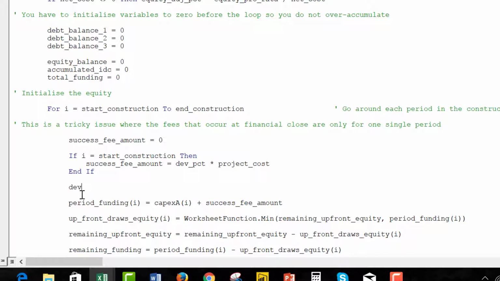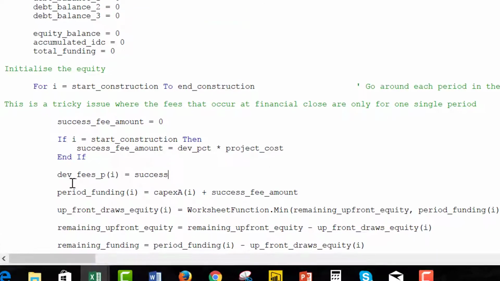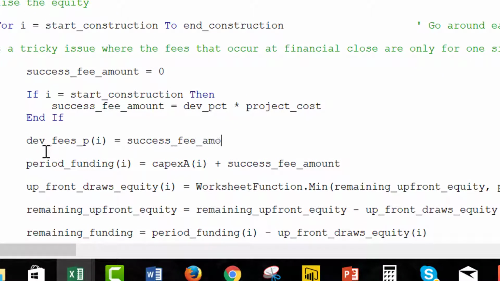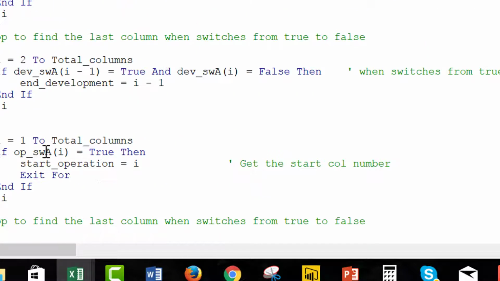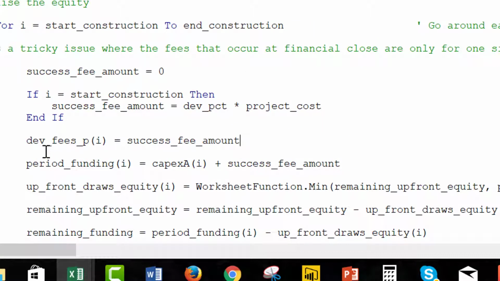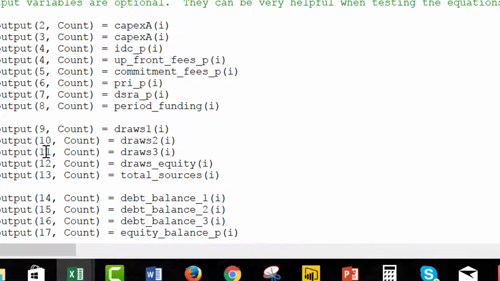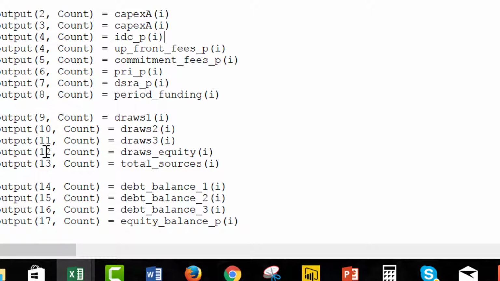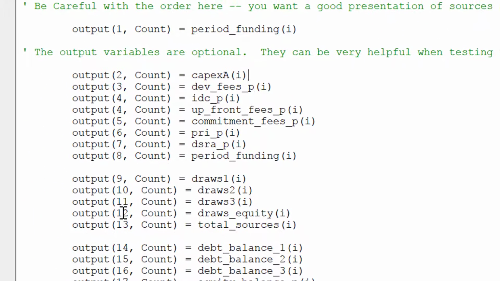Okay. And then, did I put development fees, DEV fees P, DEV fees P, and then we go down here and put DEV fees P. Okay, now